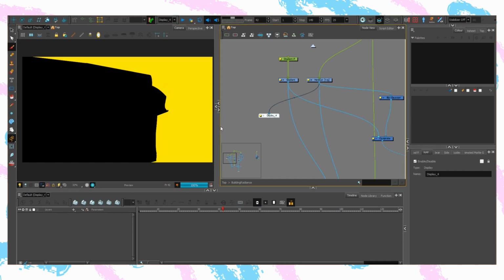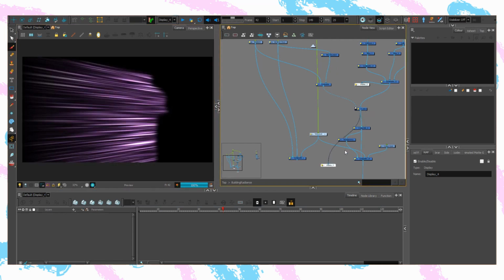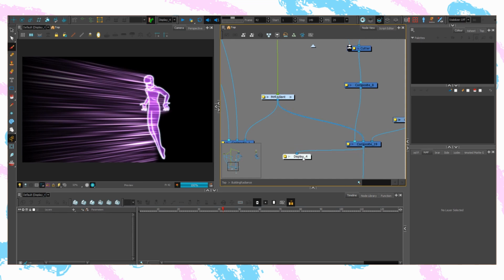It's a bit of a crude method, but combined together with a bit of a blur, this is my mask. So anything that is black through to any version of gray is the amount that the beams of light will be allowed through, creating this look. That is then laid with the character itself,